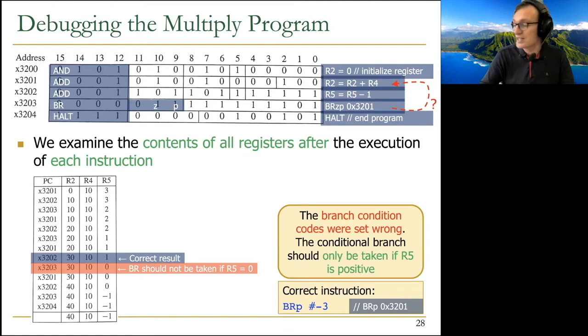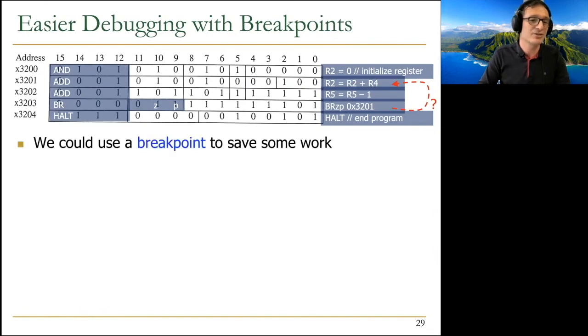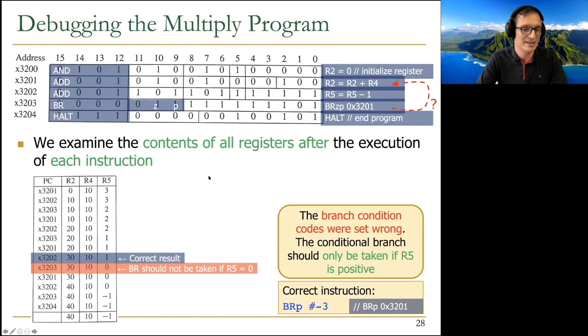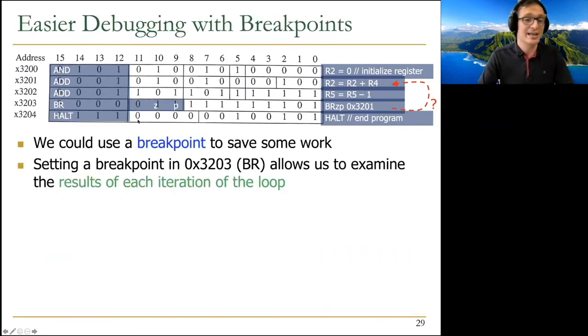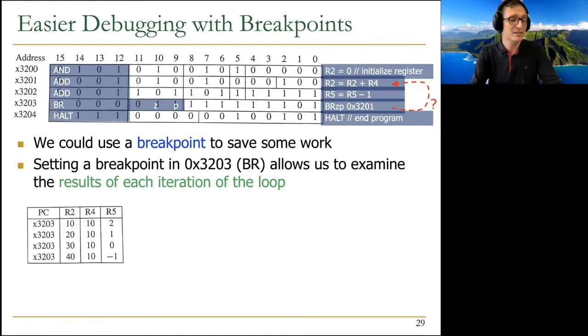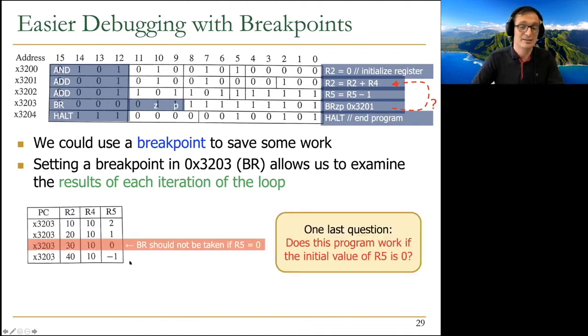debugging the program by executing instruction by instruction clearly, or by setting breakpoints. I'm not going to go into the details clearly. So you can do easier debugging with breakpoints. As we said previously, we examined the instruction by instruction, but you can actually set a breakpoint at the branch and see where the branch goes. And you can examine the results of each iteration of the loop, as opposed to examining the results of every single instruction in the loop. And this way, you can actually look at interesting things that you care about, and you can still find the